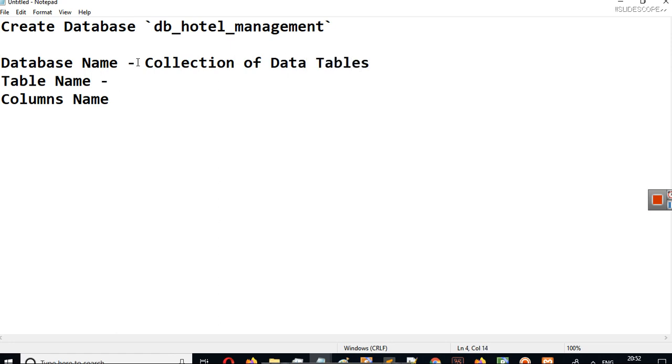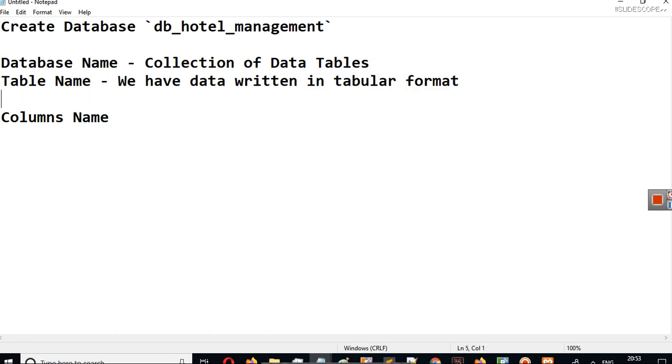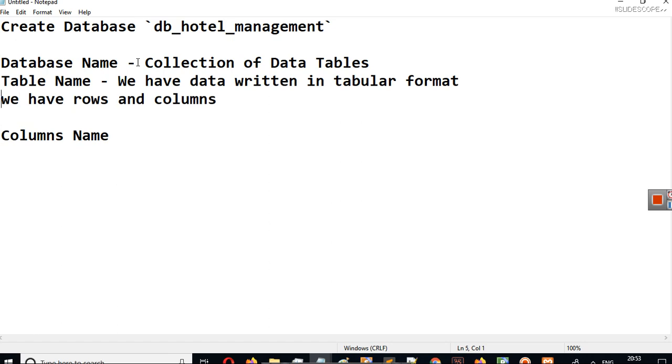In data tables, we have data written in tabular format. We have rows and columns in our data table. Columns are attributes of data.